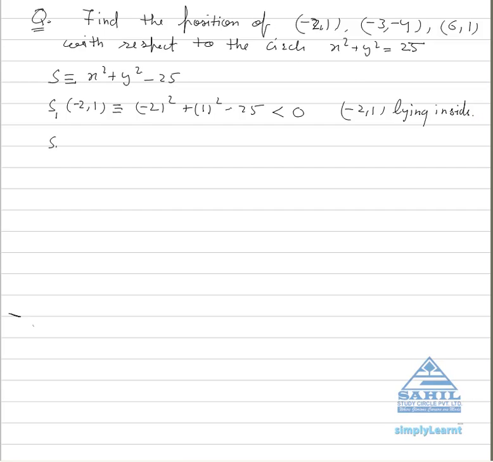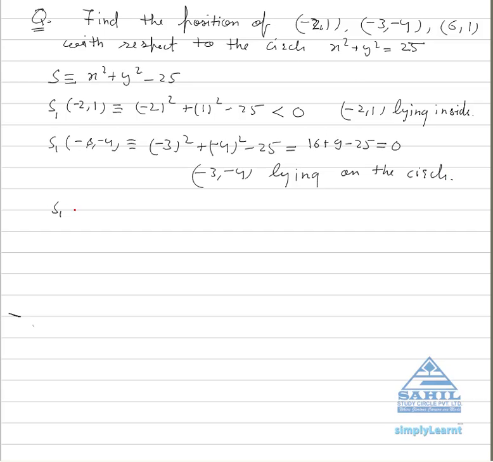Now see the second one, S1 for the point minus 3 comma minus 4. If I'm putting the value, then it's minus 3 whole square plus minus 4 whole square minus 25. This will be equal to 9 plus 16 minus 25, that is equal to 0. If S1 is equal to 0, then I have told you that the point will lie on the circle. It means minus 3 comma minus 4 is lying on the circle,